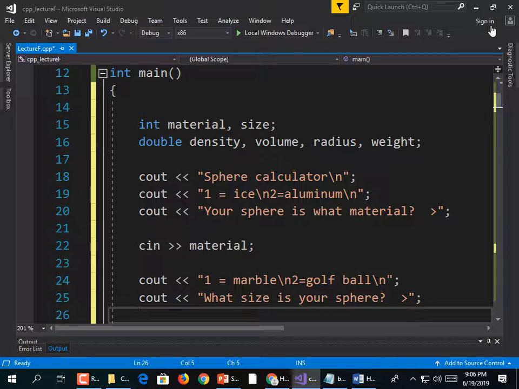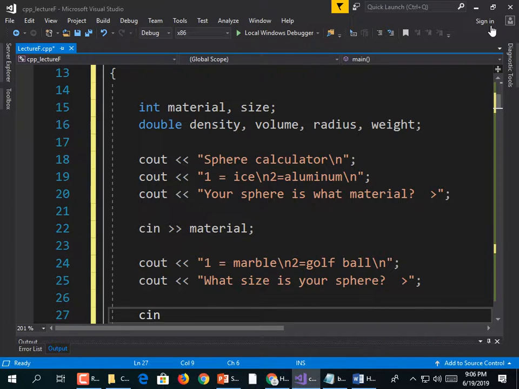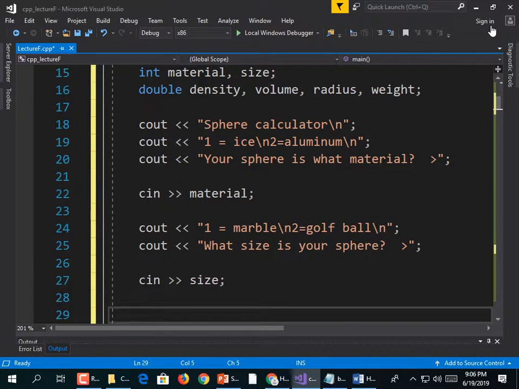And let's let them type that in as well. cin >> size. Now we need some if statements. Because if they chose 1, then that's a density of something. If they chose 2, that's a density of something else. So, if (material == 1),